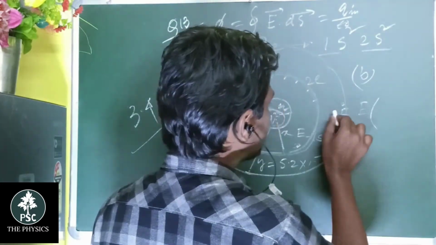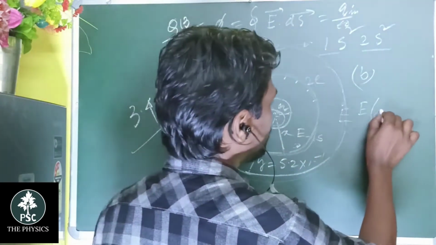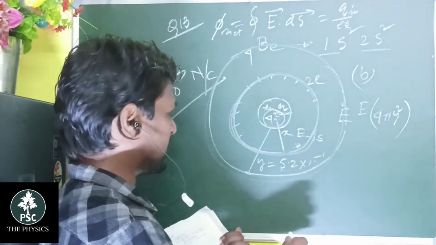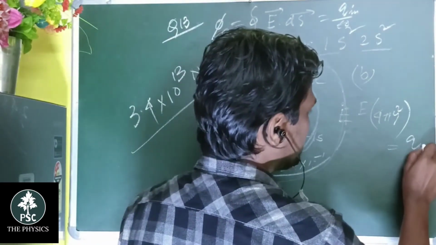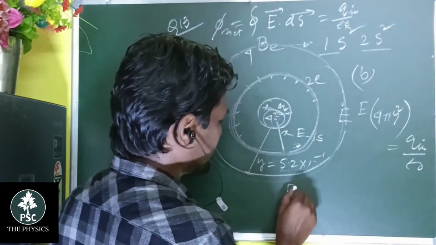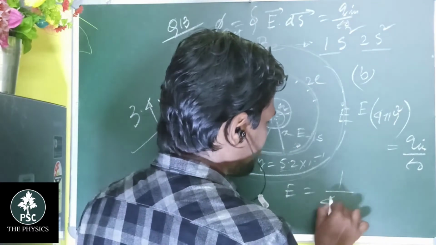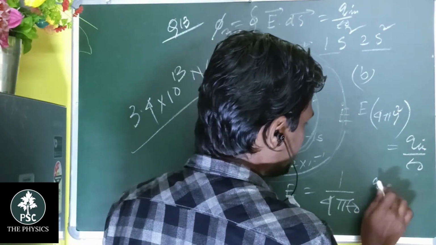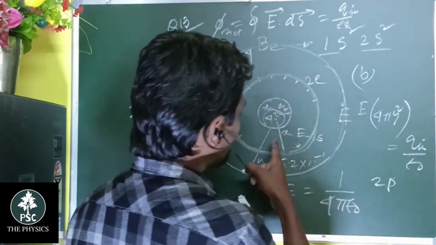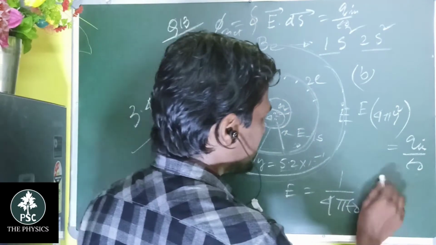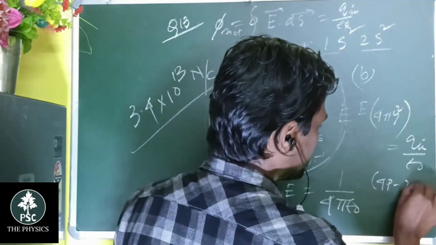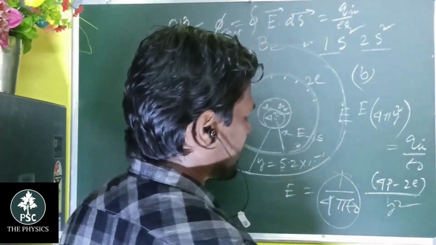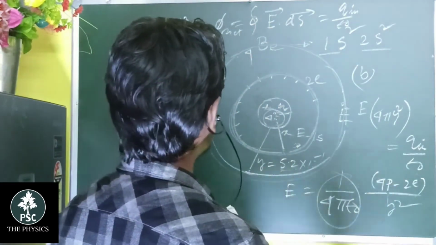So E dot dS means this is the Gaussian surface, so 4 pi y square. Y square means this is 5.2 into 10 to the power minus 11. 4 pi y square equals q inside by epsilon naught, and E equals 1 by 4 pi epsilon naught into q inside, meaning 2p, meaning you have 4p minus 2e, you can write as (4p minus 2e) by y square. So 1 by 4 pi epsilon naught, 9 into 10 to the power 9, 2 into p means,